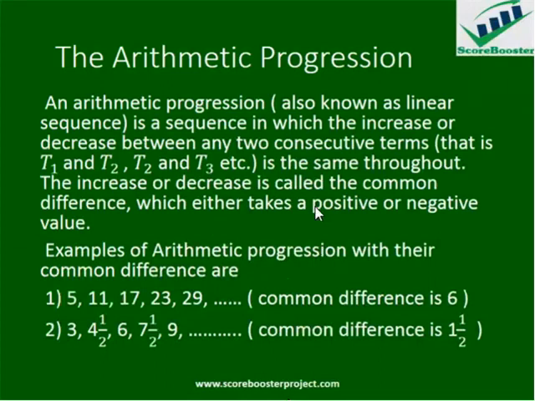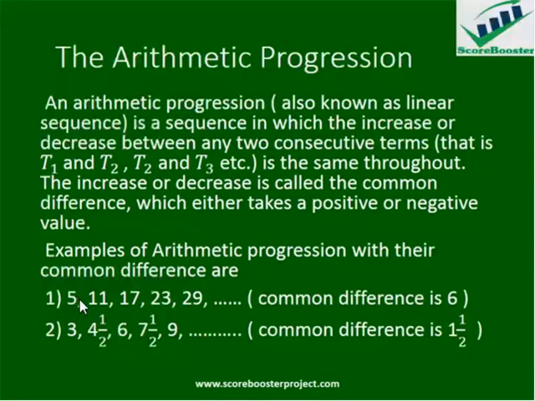The arithmetic progression. An arithmetic progression, also known as linear sequence, is a sequence in which the increase or decrease between any two consecutive terms, that is, the first term represented as T1 and the second term represented as T2, and the second term T2 and the third term T3, etc., is the same throughout. The increase or decrease is called the common difference, which either takes a positive or negative value. Examples of arithmetic progression with their common difference are: